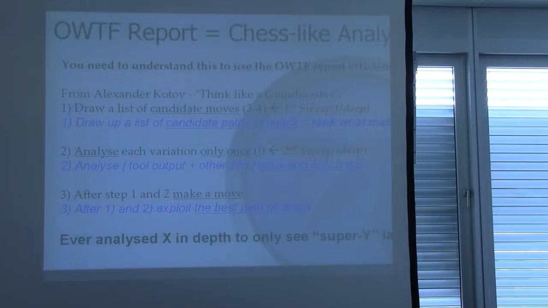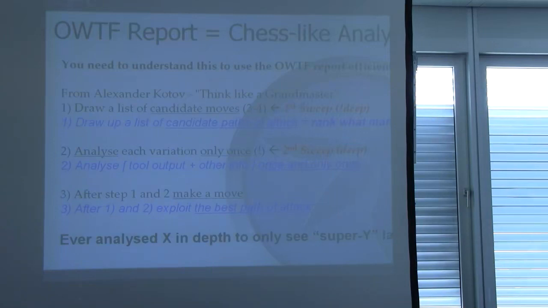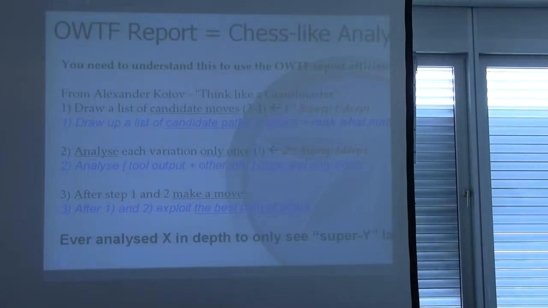So the OWTF report, which I'm going to show in a minute, is meant to emulate the thought process of a chess player. When a chess player plays chess, there's a bunch of moves that are legitimate, but there are many moves that don't make any sense because they're going to lose quickly. And what they do is chess players analyze in two sweeps. There's a first sweep when they look at all the possible moves, and from those they try to reduce the scope, the breadth of that, to just 3 or 4 moves which are going to be the most promising, the ones that look the most promising at first sight,